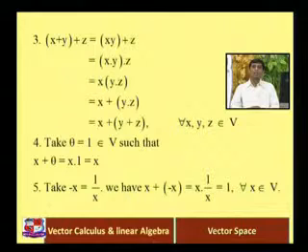Take minus x is equal to 1 upon x. For the negative in addition, we have to take minus x equal to 1 upon x. Why is it 1 upon x? Because if we take x plus minus x, that is actually x into minus x, and if we take minus x equal to 1 upon x, that is x into 1 upon x, and that is equal to 1, which is the identity for addition in the given set, right? So x plus minus x is equal to 1, and that is also true for all x belongs to V. Okay, so the first 5 properties are satisfied for the vector space. Let's see the next 5 conditions.